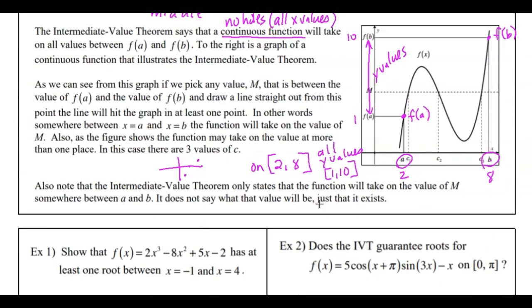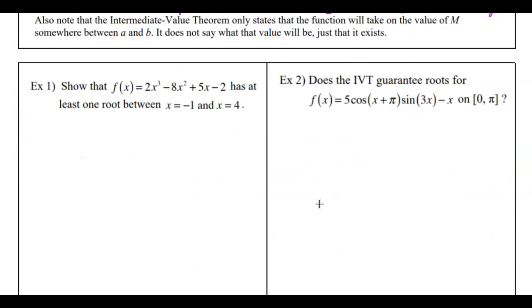You'll have to state the two endpoint y values and then put it all together with the statement. Okay? So let's look at number 1. I've got 2 examples of this. Show that this function has at least one root, so that means equals 0, between x equals 1 and x equals 4. What we're going to say is that f of x is continuous